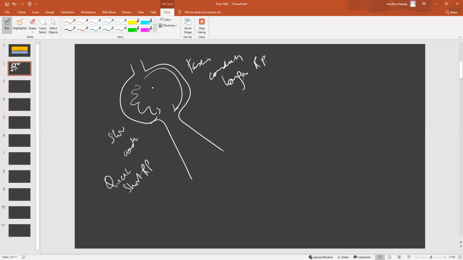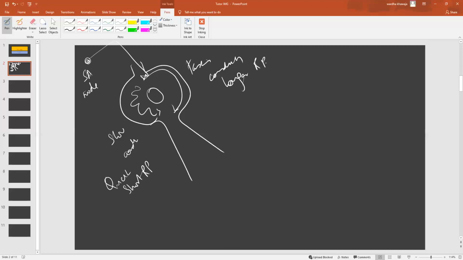Now, most individuals will have these fibers present physiologically, but they don't end up in tachycardia. The reason for that is because the SA node usually is the one that's exerting an effect. When the SA node sends an impulse, it will travel down both these pathways, but because it's going to go down the fast pathway faster, it will hit the His-Purkinje system first and propagate into the ventricles.